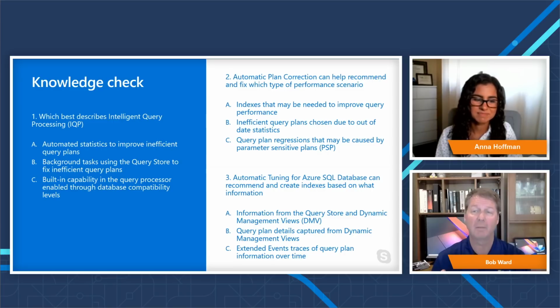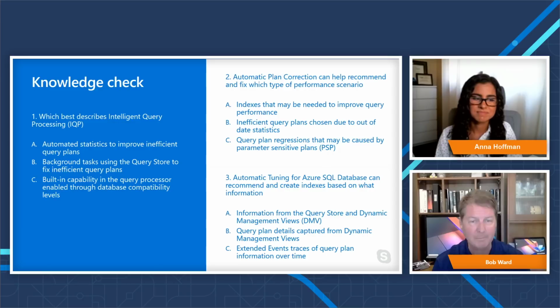All we're going to do is recommend that a particular query plan should be used versus another. It has nothing to do with out-of-date statistics for inefficient query plans. It's more about a regression problem that has occurred because it's actually the same query. As it turns out, it's a new plan, but based on skewed data. And so parameter sensitive plans or parameter sniffing is one of those causes. So C is the answer for 2, I would say.